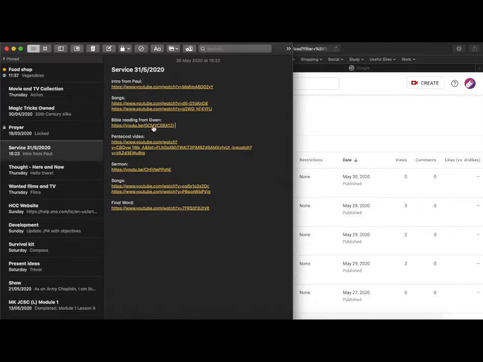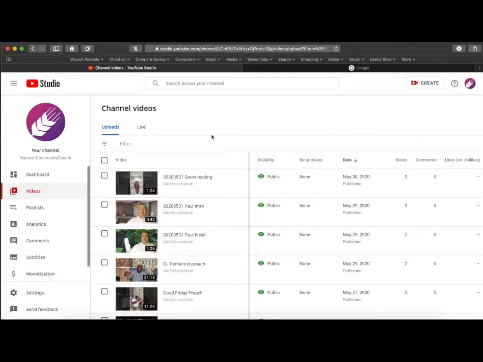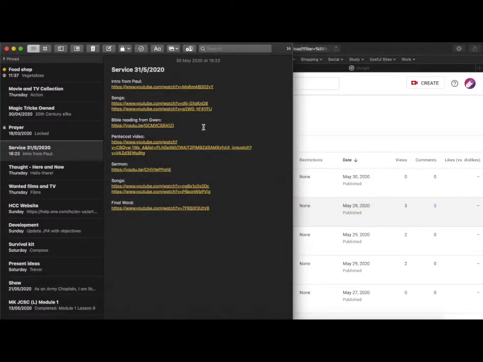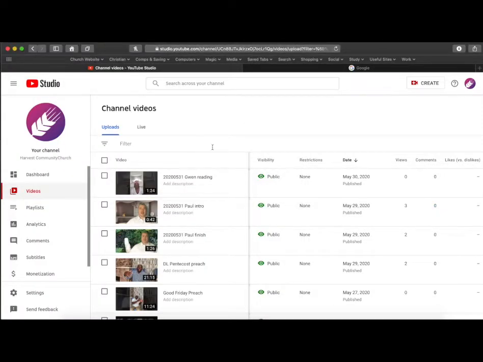You don't have to do this, you can do it straight into WordPress if you want to, but this allows you to create your service list in your mind and just have the links already there to copy and paste straight into WordPress. So that's done the video upload. So I'm going to go into another tab, and there's the links, and what we're going to do is go into another tab,